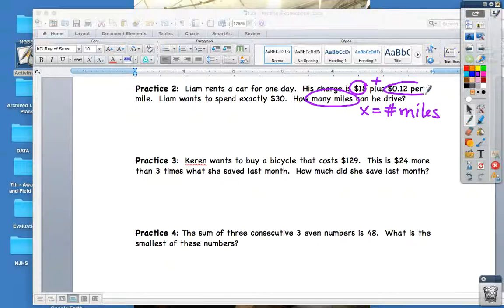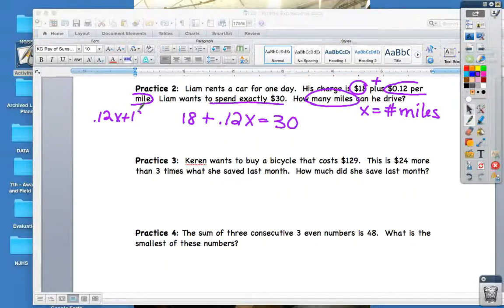plus 12 cents per mile. That gives you your equation right there. $18 plus 12 cents a mile, and he wants to spend exactly $30. The word problem just tells you exactly how to write it up. Do you remember doing the expressions and writing expressions on Friday from words? This is exactly what we're doing. It's just a lot more words to look at. So I like to write it as